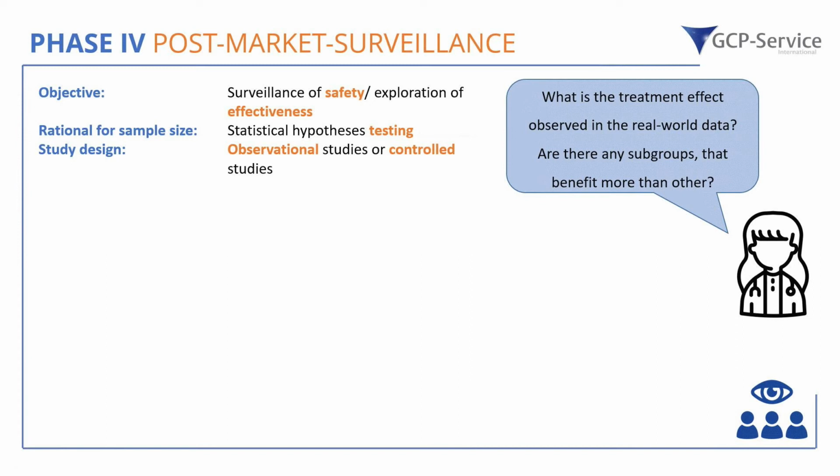But what we also want to do is explore a little bit more the drug and the effect of the drug in some subgroups and so on. So we want to test the drug in a real world setting. And that is the reason why we also have observational studies here, or controlled studies. And when we have observational studies, we always have the problem that we need more complex methods than in randomized controlled trials. And with the higher complexity,